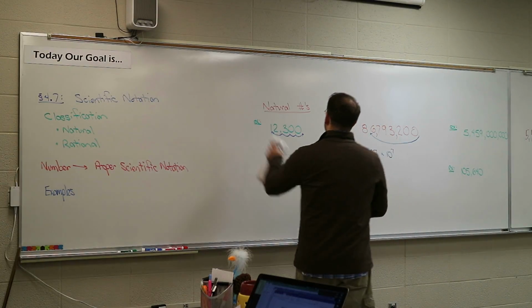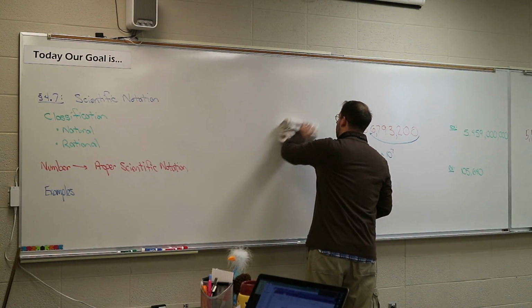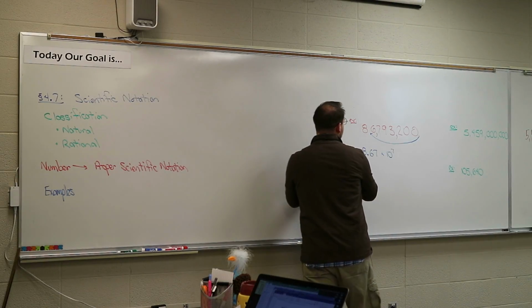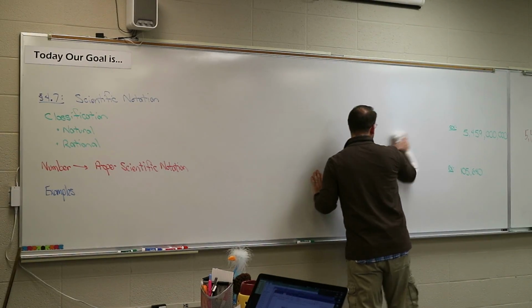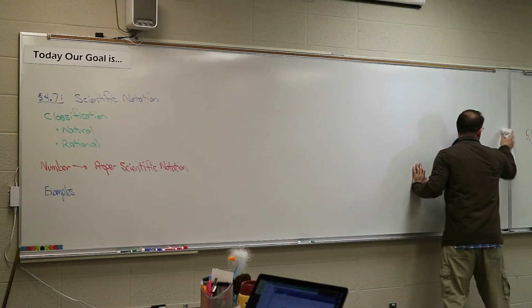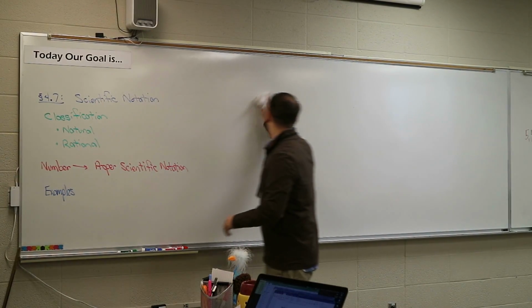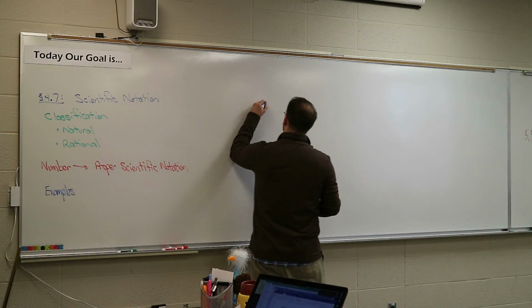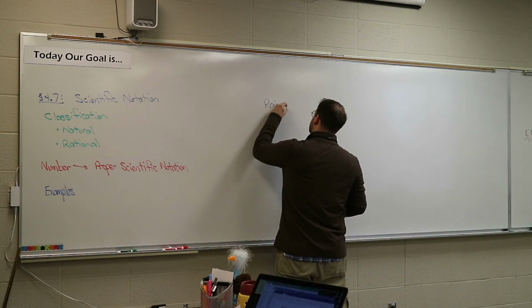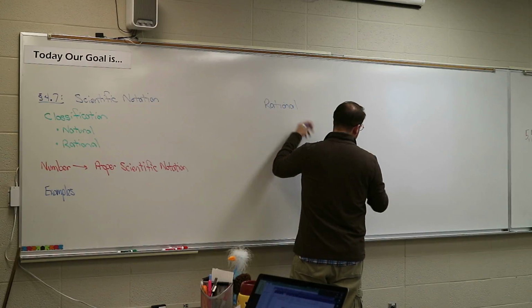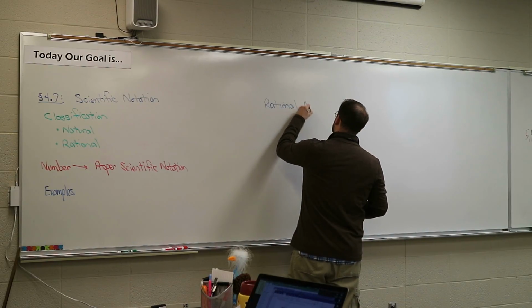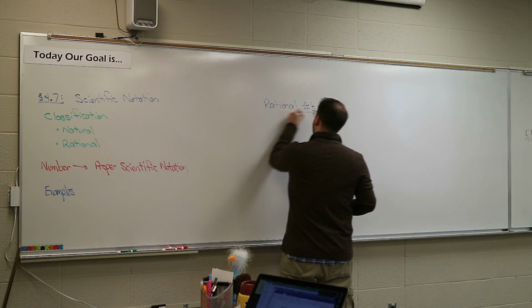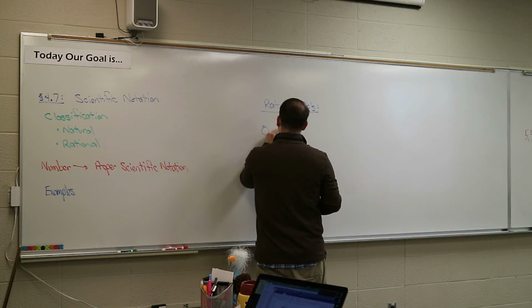Okay, well now let's do the next ones, which are now rational numbers. So now I'm going to give you a decimal, and we'll do kind of the same idea here. We'll do 3 examples, and then I'll turn you loose in your homework, and I'll explain. Okay, so rational numbers. So these are anything written as a fraction or decimal, and the decimal has to be terminating or repeating. So rational numbers. Okay. So first example,